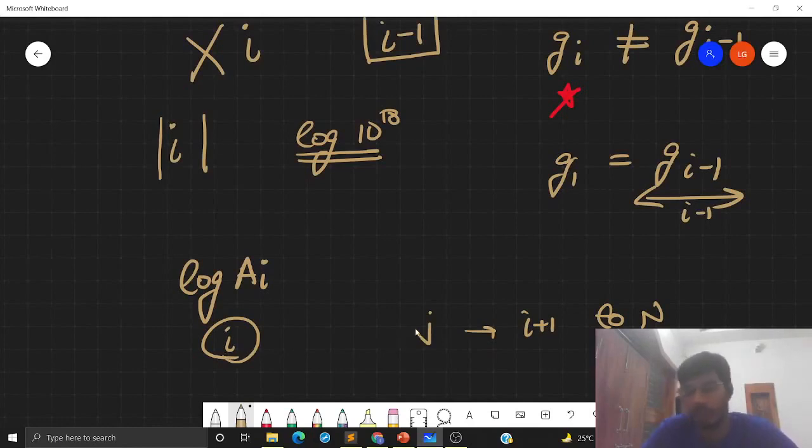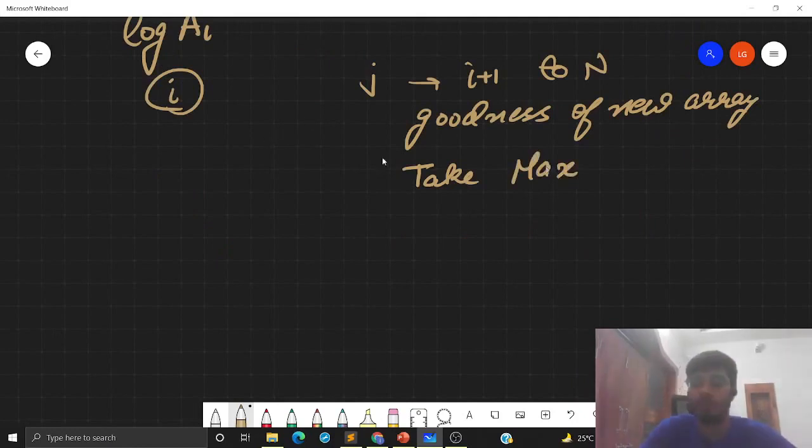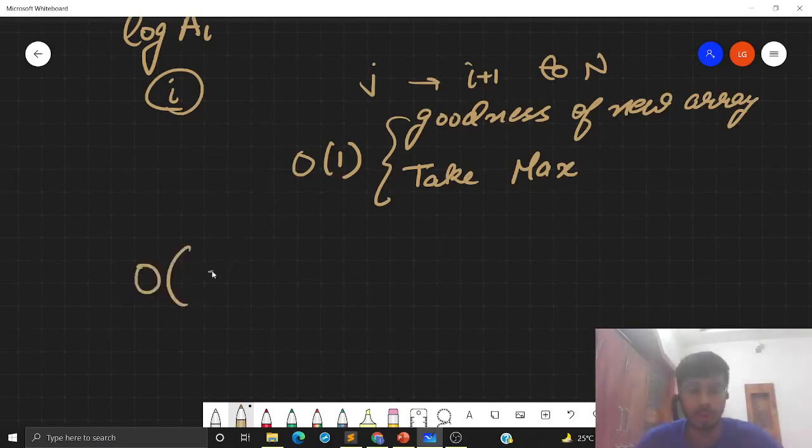And for our second index, we can follow the same approach of going from i+1 to n, calculating the goodness of the new array and taking the maximum over all these goodnesses. And we have already seen that we can do these operations in order one time, and that's how we can bring our overall time complexity to order log A_i multiplied by n.